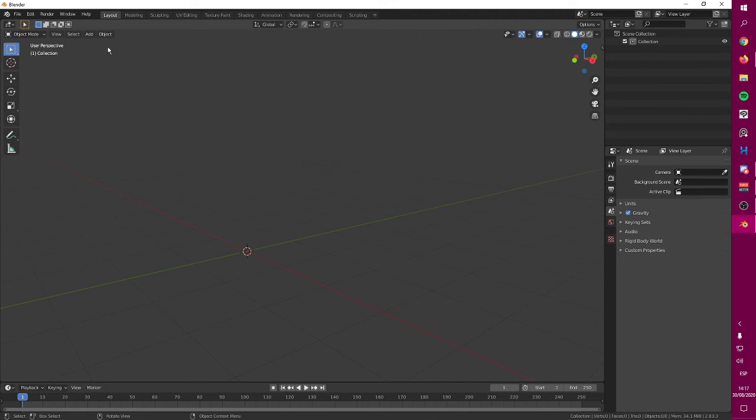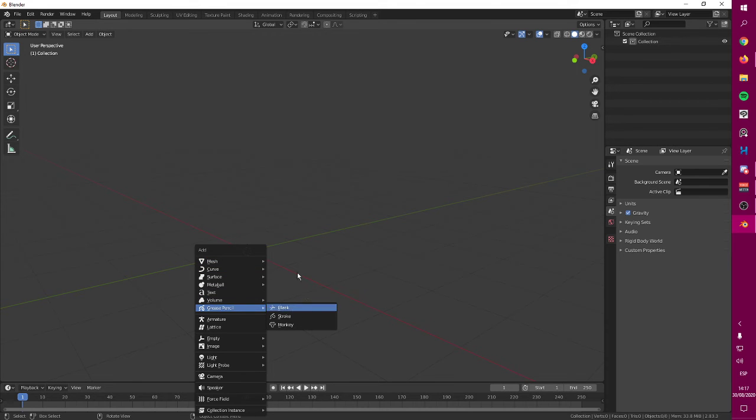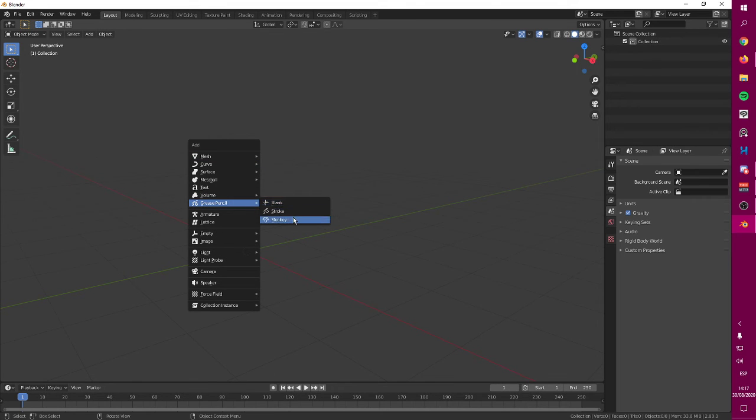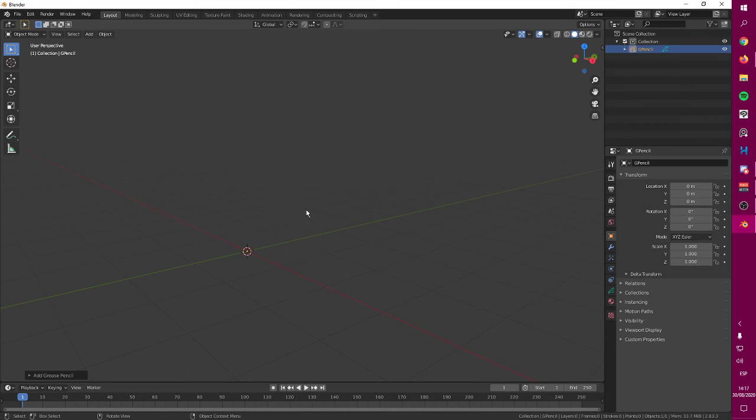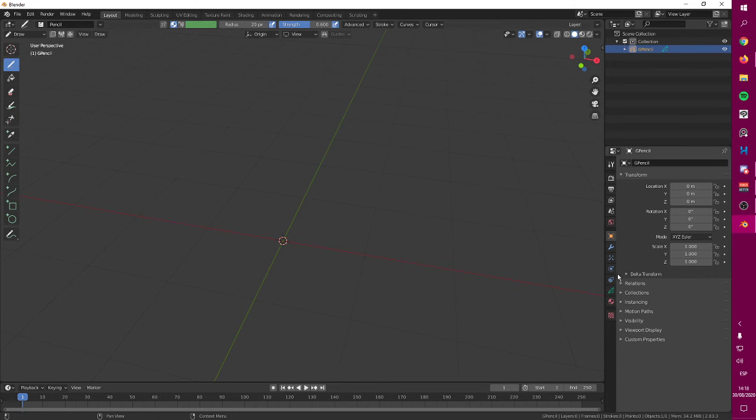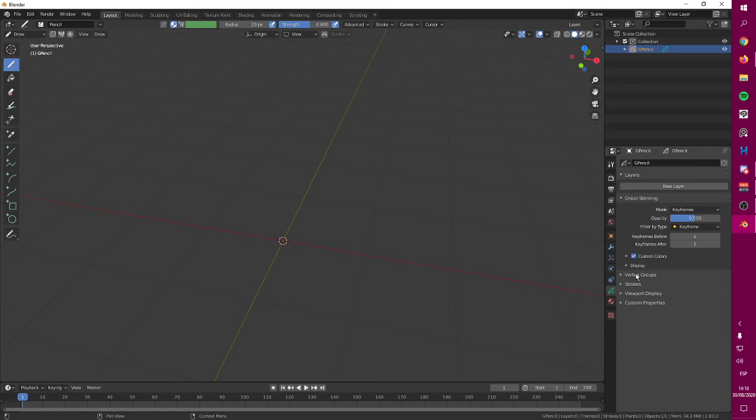What is the difference between these different types of grease pencil objects that we have in here? Blank, stroke, and monkey. They are the same grease pencil, but they make you a different start setup. So your blank version is going to create a blank grease pencil object that has no colors, no layers. If you go in here, you have no layers, you have no colors. You can draw, yeah, but you're not drawing in a layer, so you're starting from zero.